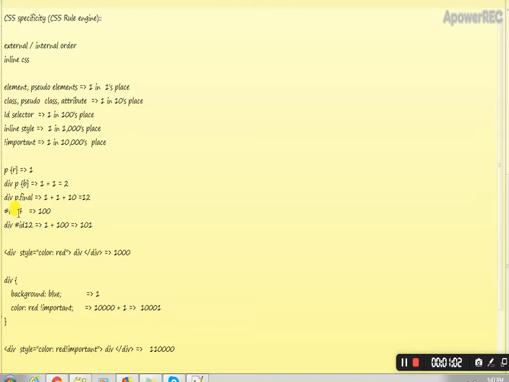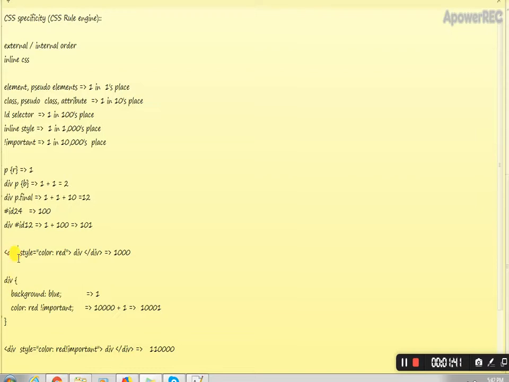So if we have an inline style, what is its weightage? Inline style weightage is in the 1000th place. That's the reason, even though we have given an id selector to specify a CSS property, if the same CSS property is given in the inline style for a particular element, it will get the inline style value. That means even though we give it within this id 24, sorry,